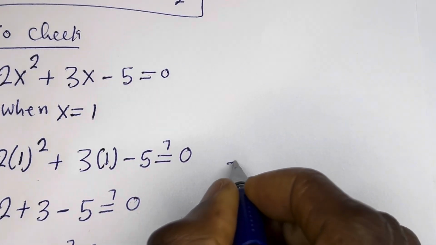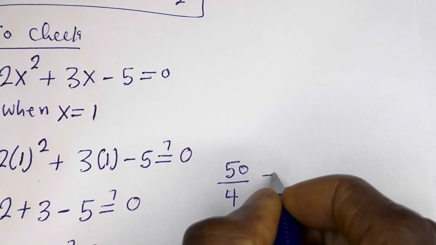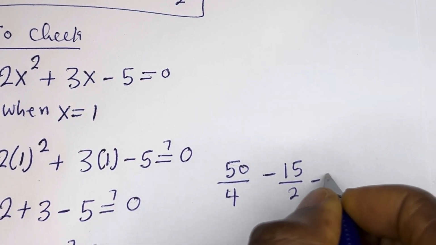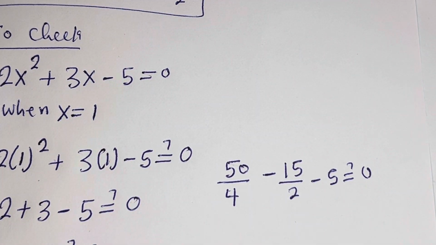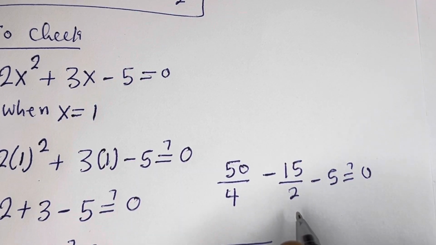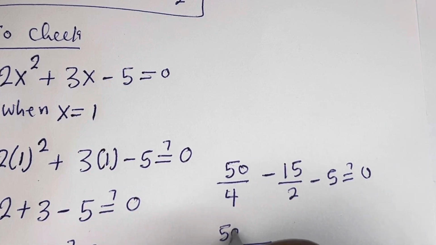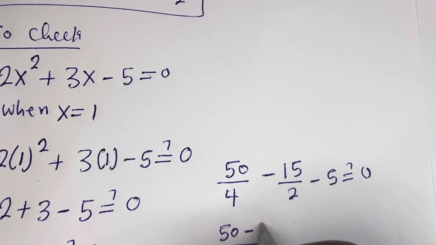Then we have 50 divided by 4 plus, times minus, this is minus 15 divided by 2 minus 5 must be equal to 0. The LCM here is 4. Then 4 in 4, 1 times 50, we have 50, minus 2 in 4, 2 times 15, that is 30,